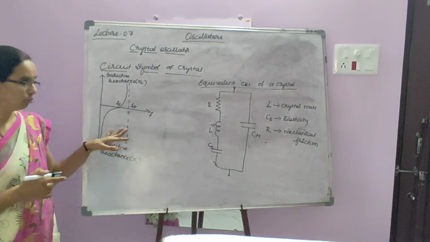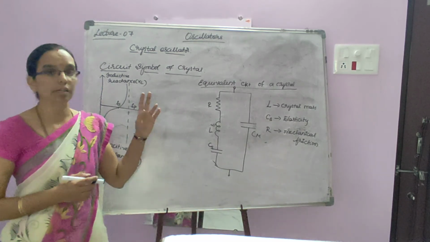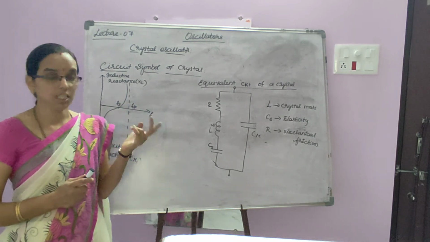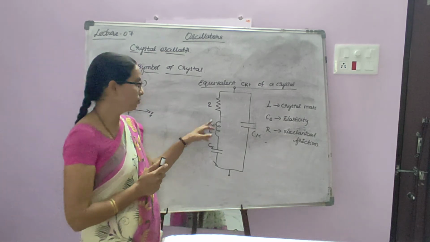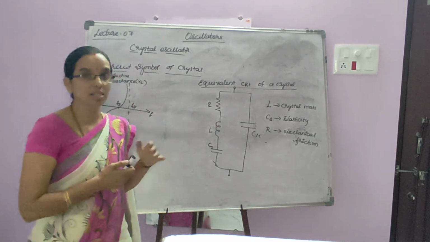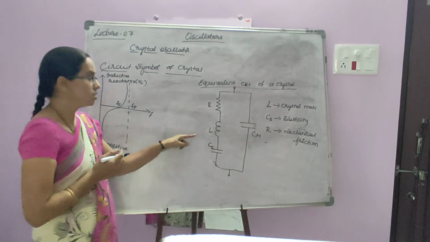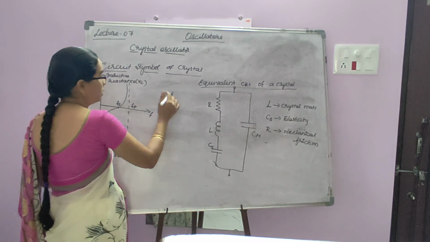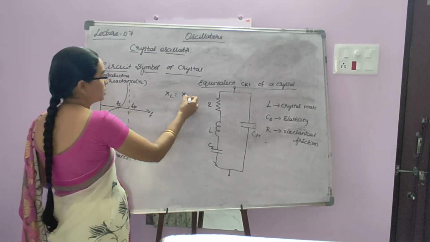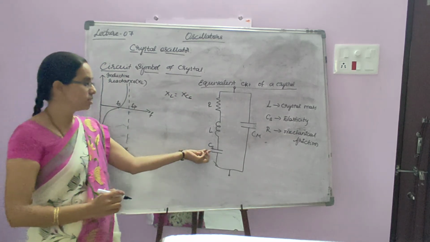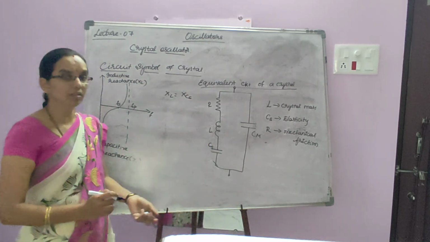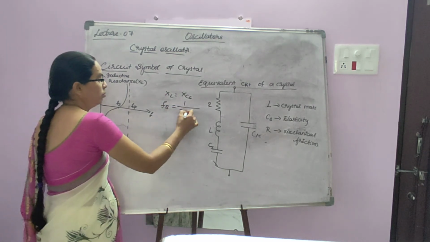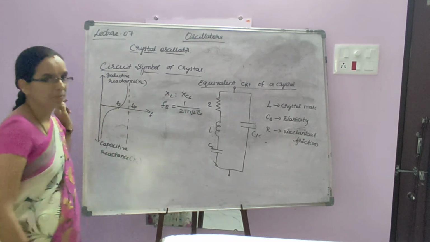So, as I have told you, the crystal vibrates in both the frequencies. That means the crystal oscillator is going to generate both frequencies, because its equivalent circuit resembles the series as well as parallel resonant circuit. When you consider a series resonant circuit, at that time XL is equal to XCs. Cs is a series capacitor connected with the inductor. So at that time Fs is equal to 1 by 2 pi root L Cs.